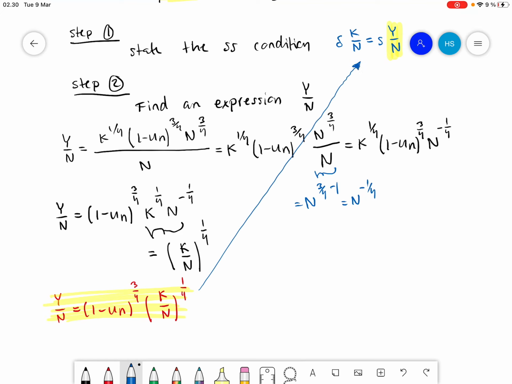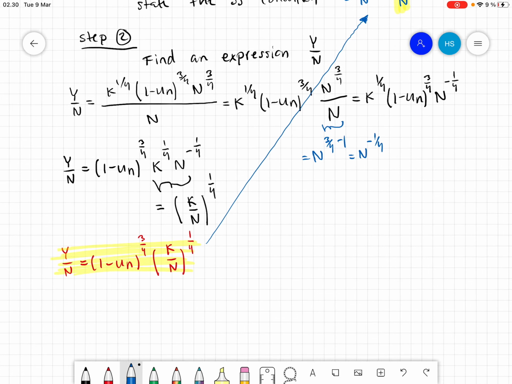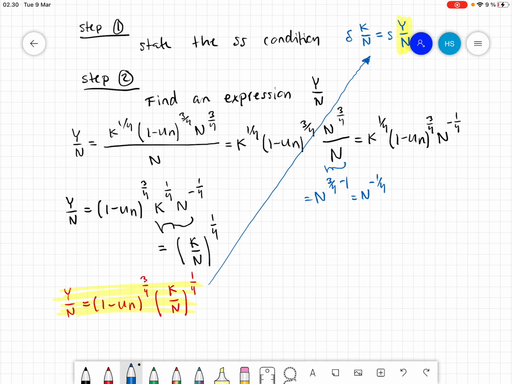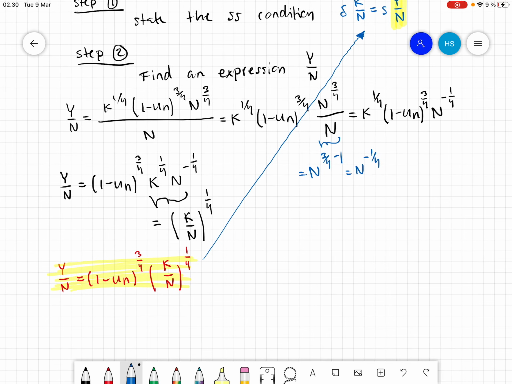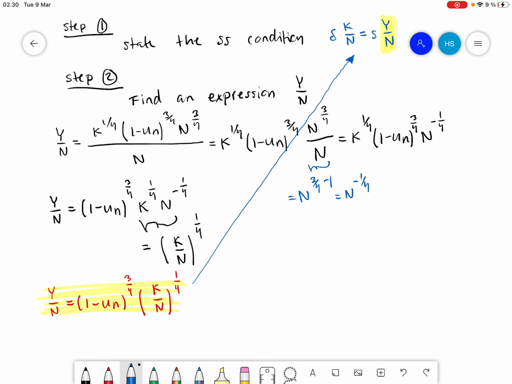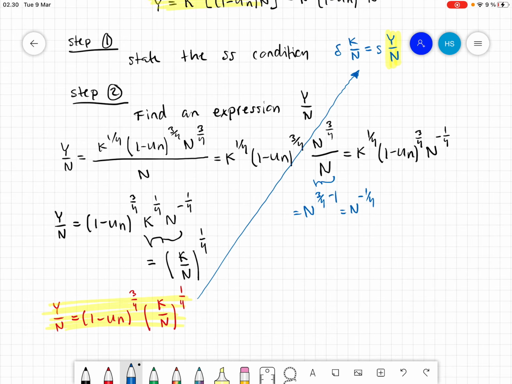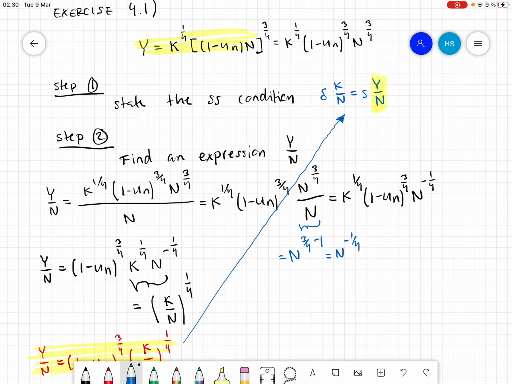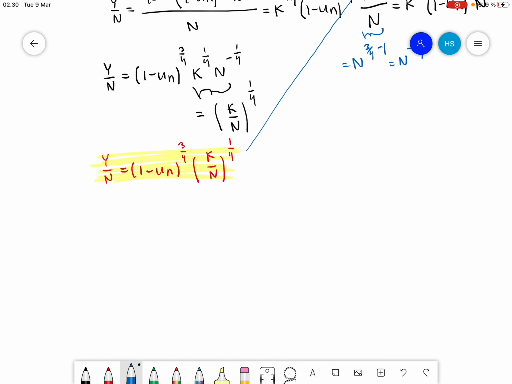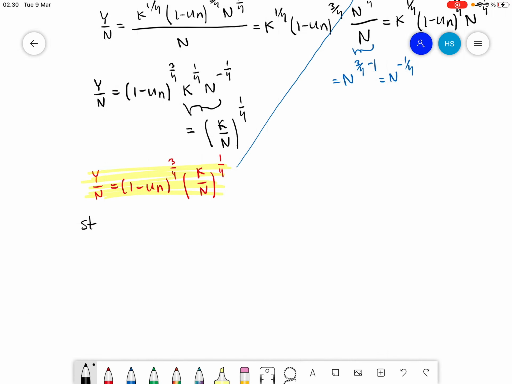Once we plug in the expression for the output per worker, we have one unknown, and that unknown will be capital per worker in steady state. When that is the only unknown, we can solve for it and compute all the values for capital per worker, output per worker, and also consumption per worker in steady state. So what would we do now? In step 3,